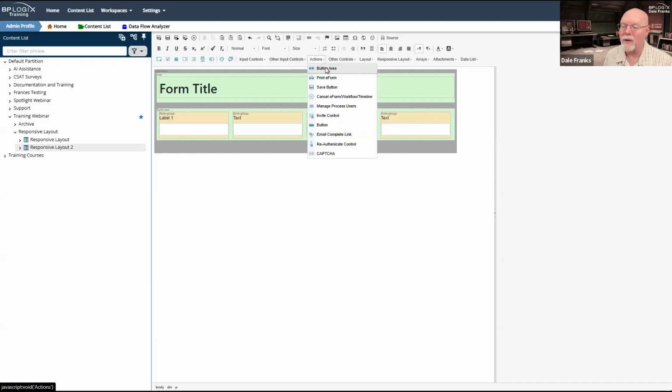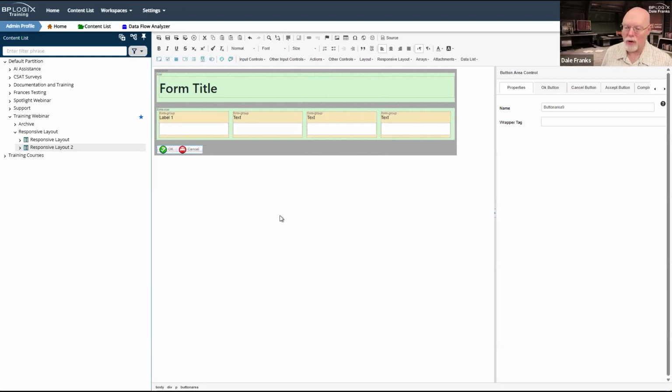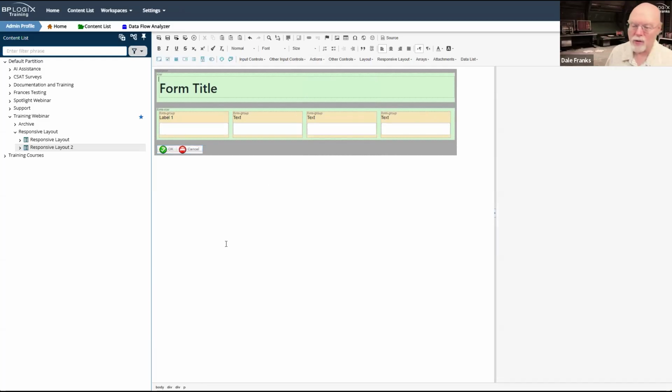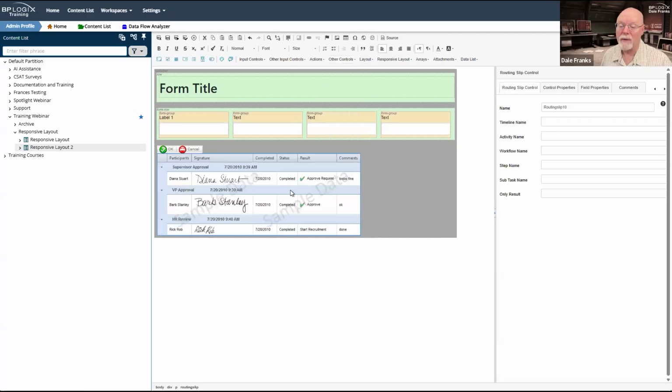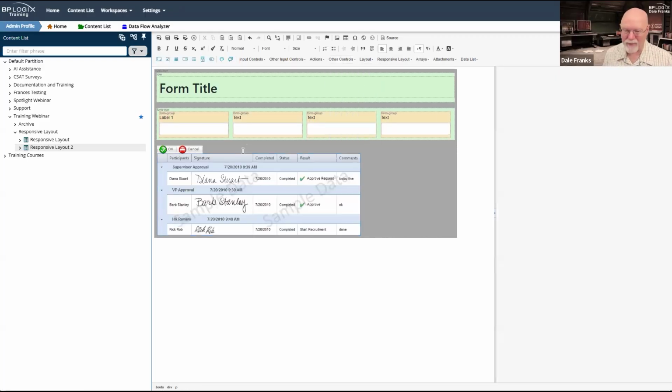this is where I am going to drop my button area control so that it is the last control inside the container. I suppose if I were going to have a routing slip, I would drop that below my button control. So where's the routing slip? So there we go. I mean, I don't think I need a routing slip because we're not really going to have a process to go to, and it's not even going to show up on the form.